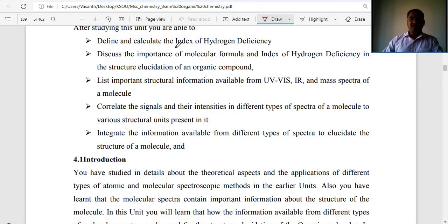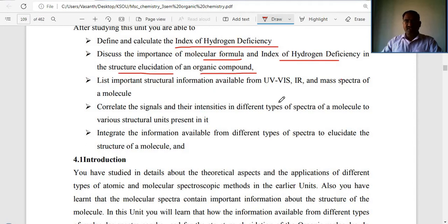to calculate the index of hydrogen deficiency, discuss the importance of molecular formula and index of hydrogen deficiency in structural elucidations of an organic compound,